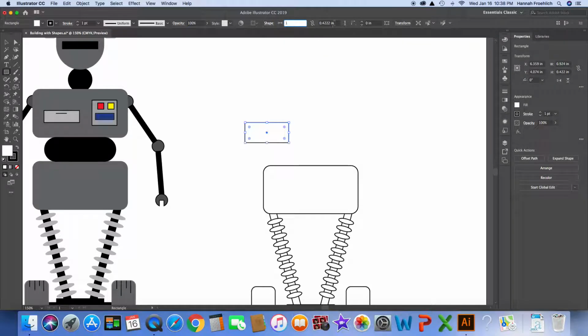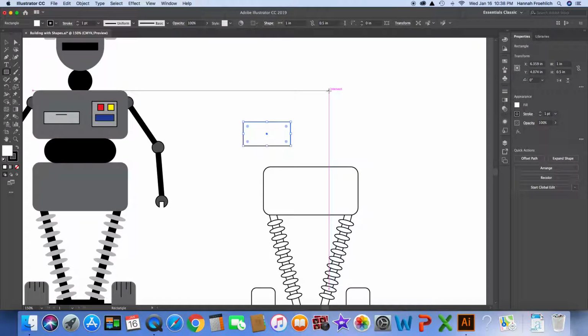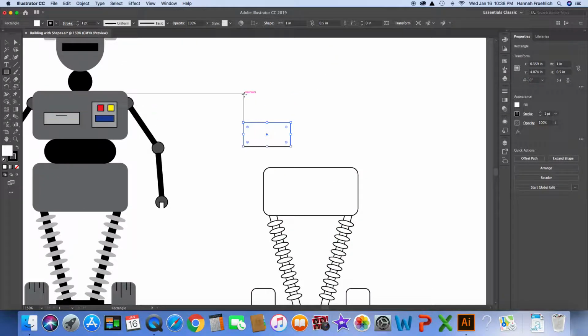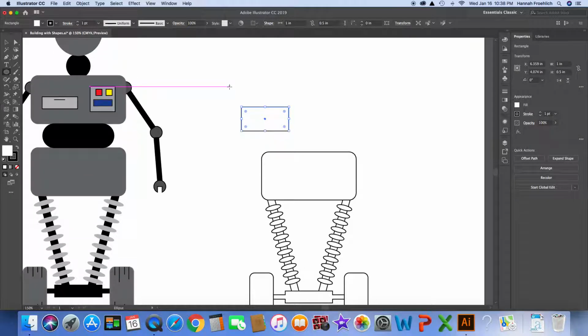So 1 high, 0.5 wide, or 0.5 high, 1 wide. Next, so to get these rounded edges, I'm going to choose my ellipse tool. When I go to draw my ellipse this time, I want to create a perfect circle that's 1 by 1. So when I start drawing my ellipse, I'm going to press the Shift key, and that'll automatically square up my